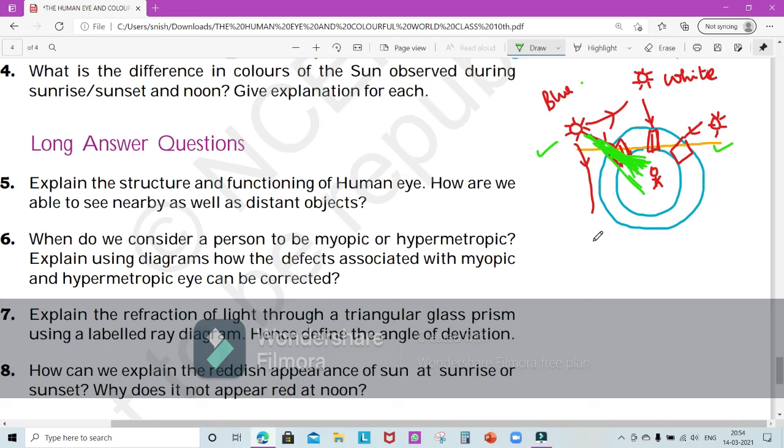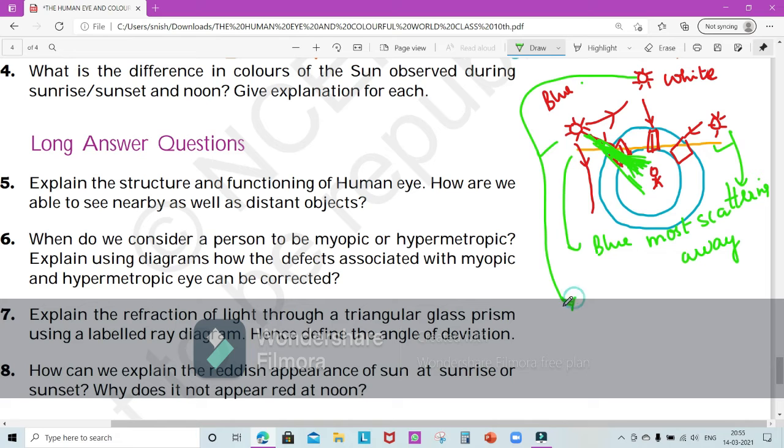Here and here, blue scatters most. Blue, most scattering, scatters away. In which places? Here and here. While red is scattered the least and it reaches our eyes, but in this case all the colors are scattered away,